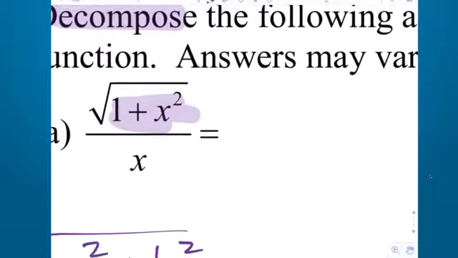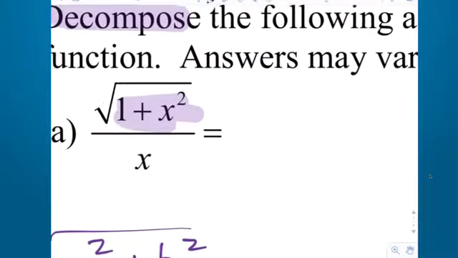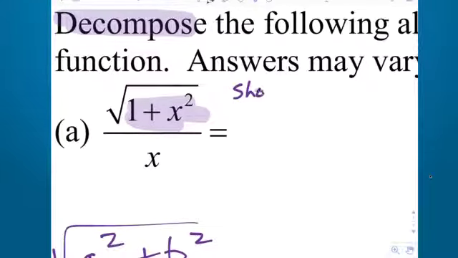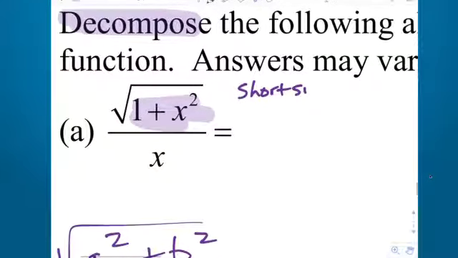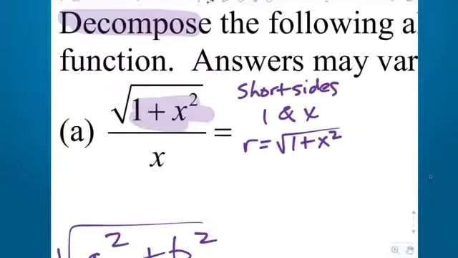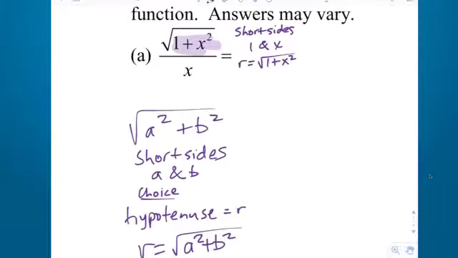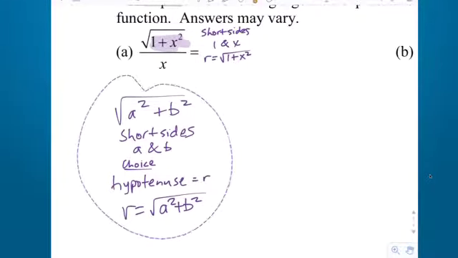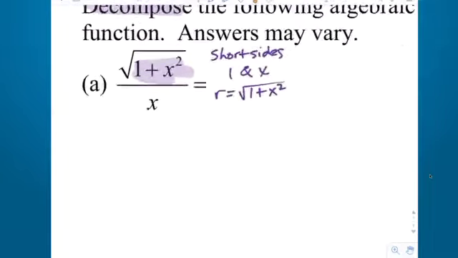Under the radical, I have 1 squared plus x squared, right? So my short sides are going to be what? 1 and x. It's basically the square root of the first term. Square root of 1 is 1, and the square root of x squared is x. The radical, r, is going to equal the hypotenuse. So now let's go ahead and set up our graph, our little, not graph, but